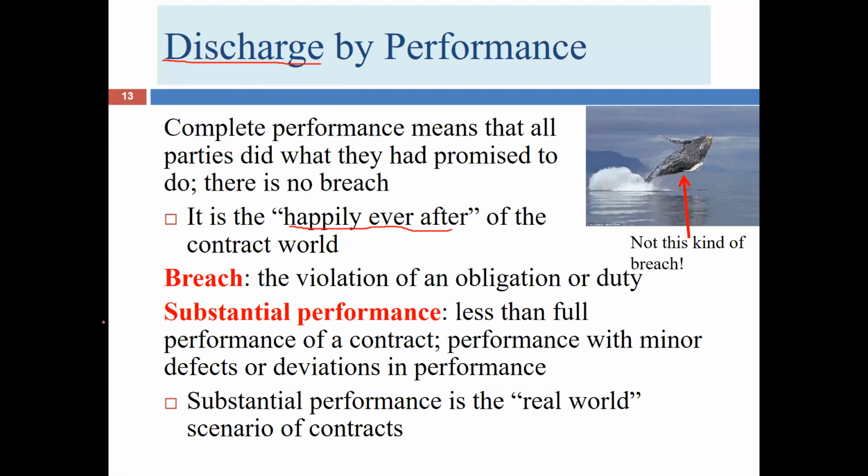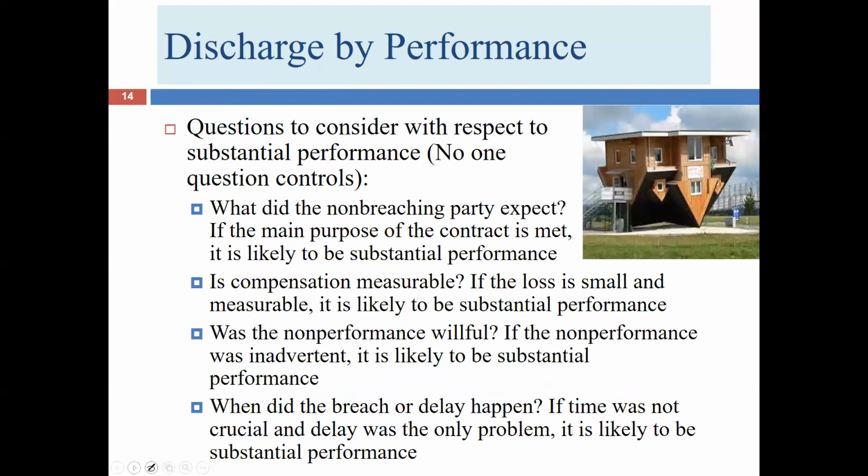So you can see how if we required perfect performance, that would have to be figured into the price. And so that house that ordinarily might be $20 million might be $30 million if we do require that level of perfection. So this again is discharge by performance. So let's consider, when we're looking at substantial performance, the types of questions that the courts are going to ask. You might look at this house, you might go, well, this looks like a situation of substantial performance.